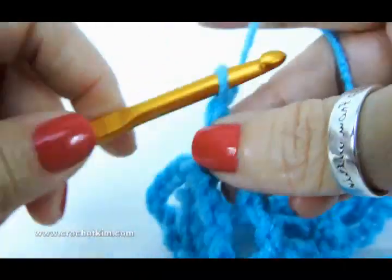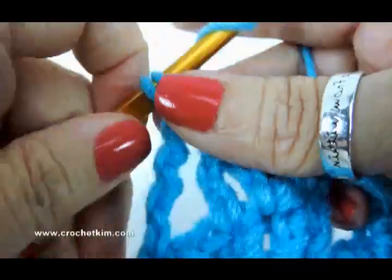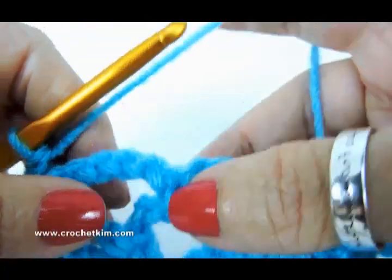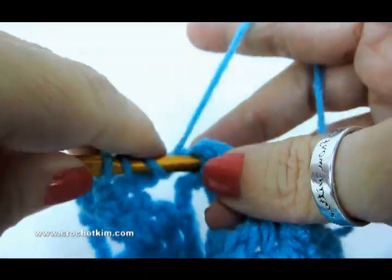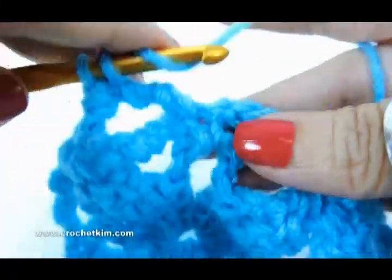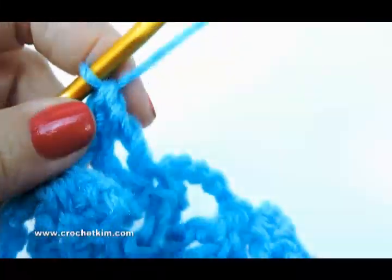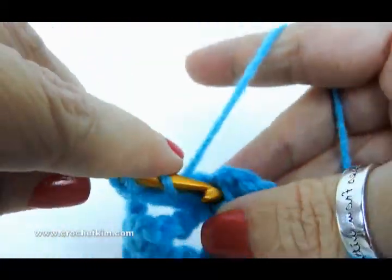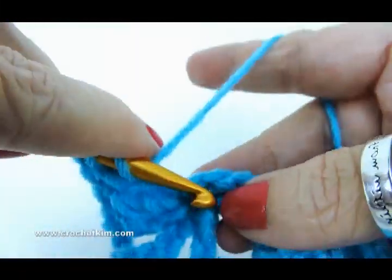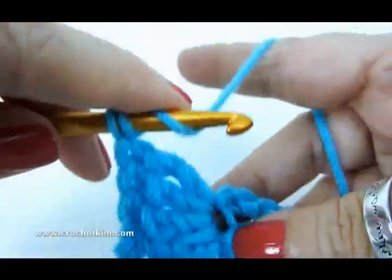To do row 4, this is going to be the shell row. You're going to single crochet into that double treble. And once again, we're going to be doing those massive shells, and we're going to do them in a single crochet. You're just going to jam those stitches right into that one single crochet, and I promise it will fit. So 1 and 2 and 3, 4, and 5,